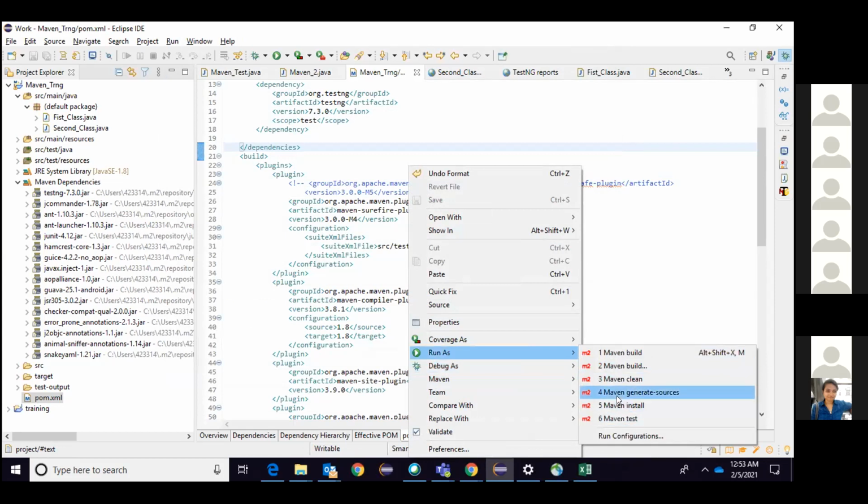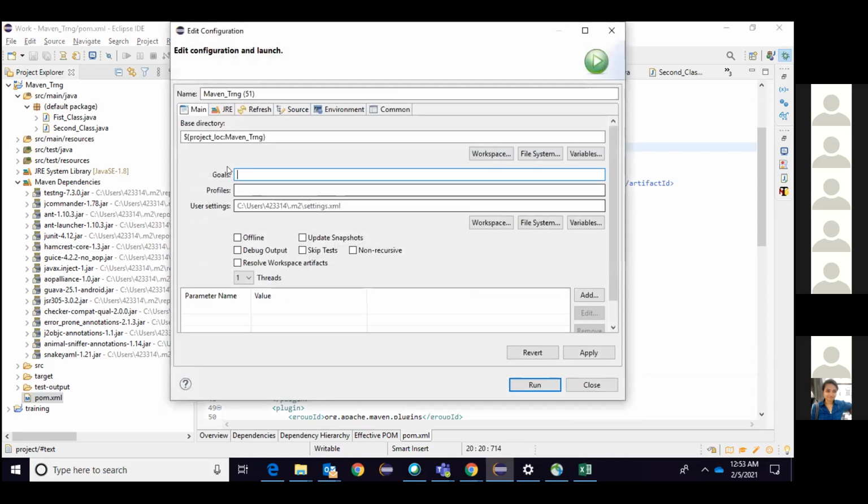I did not see generate resources, but clean, install, test, this is also the same type of goal. You can write a test here, I wrote the test, and I can write install or clean over there. The same thing is also performed; there is no difference here. But this build only builds the project, whereas this one gives you the goals path so that you can write whatever goal you want and run it. Okay.